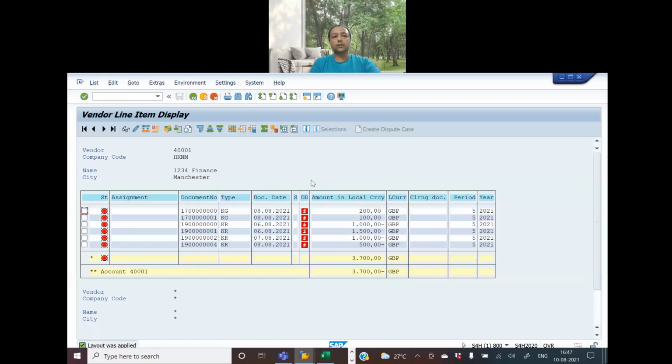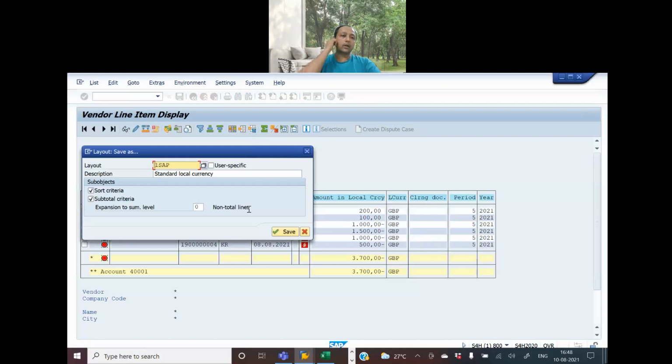So what you should do is save this layout so that you can refer back to it and reuse it as and when you come back to this screen. How you should do that is, I will click on save layout. If you click on user specific, then you can see the layout for yourself only. But if you don't click it, then anyone who can